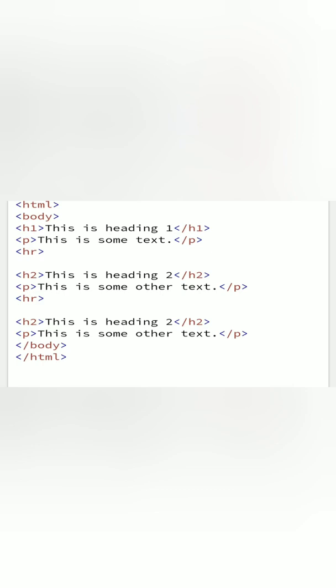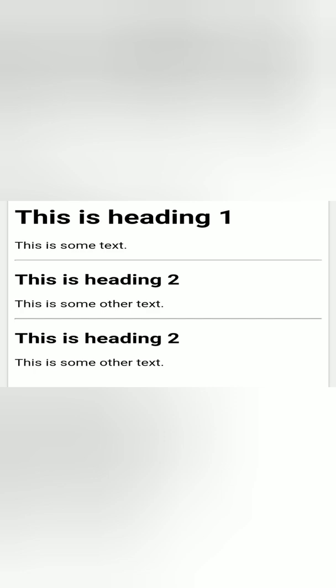Okay students, now we will run this code and I will tell you what the output of this code is. See here, first is the heading tag, this is heading 1. After that the paragraph tag, this is some text. After that the HR tag, that is a horizontal line. And again we write heading 2, this is heading 2. Then the paragraph tag, this is some other text.